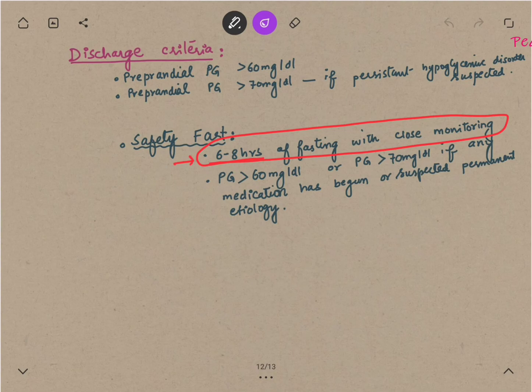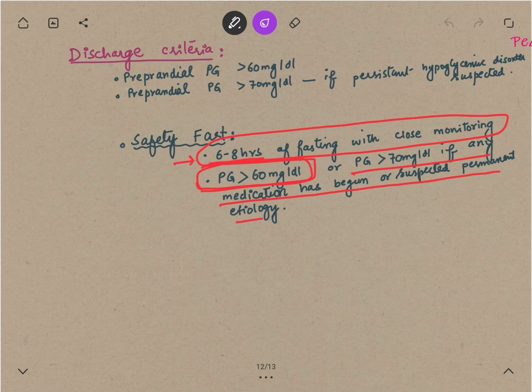The child is placed at a fast of 6 to 8 hours, and after that plasma glucose is measured. The plasma glucose should be more than, sorry, 60 milligram per deciliter,